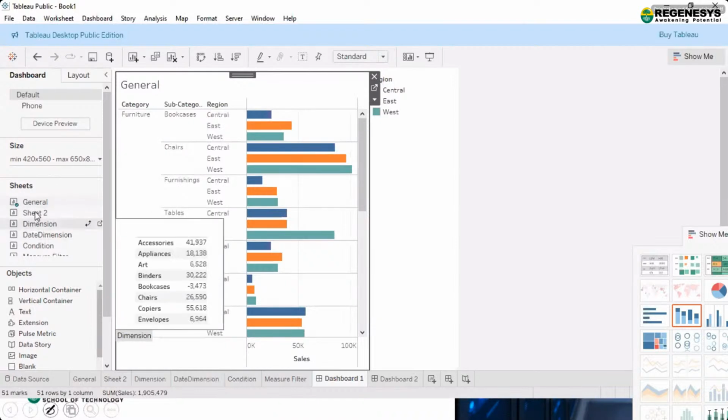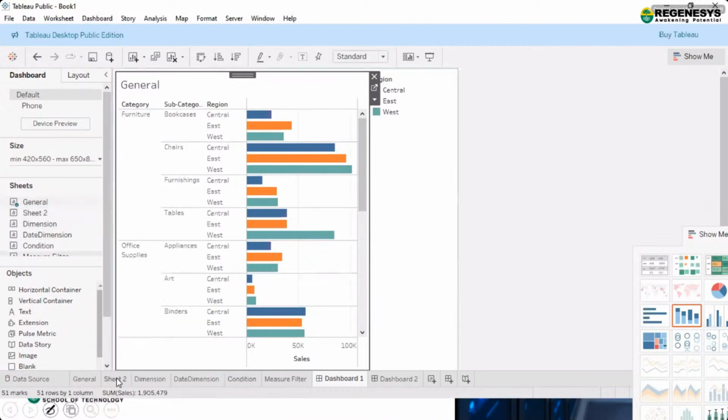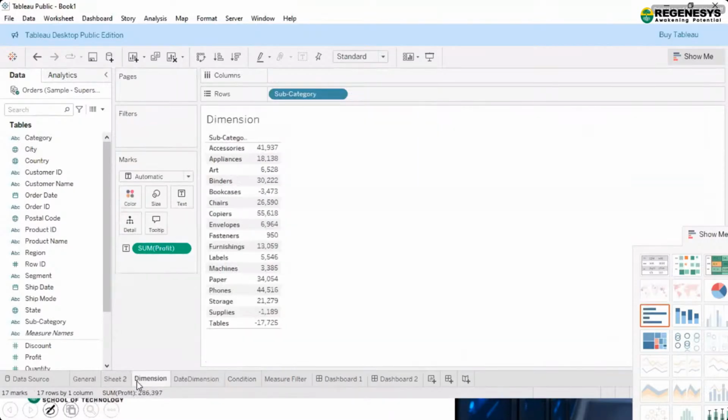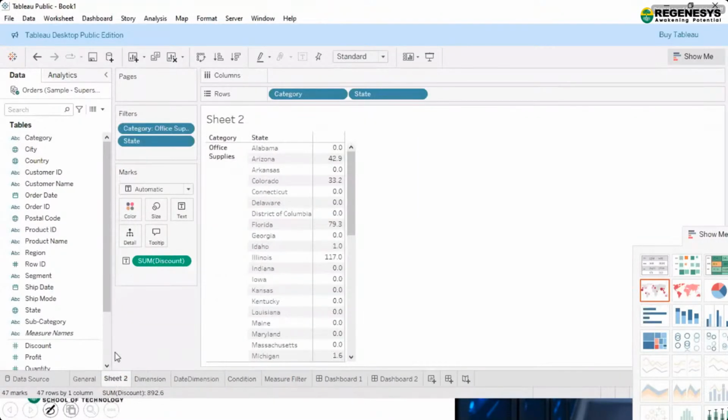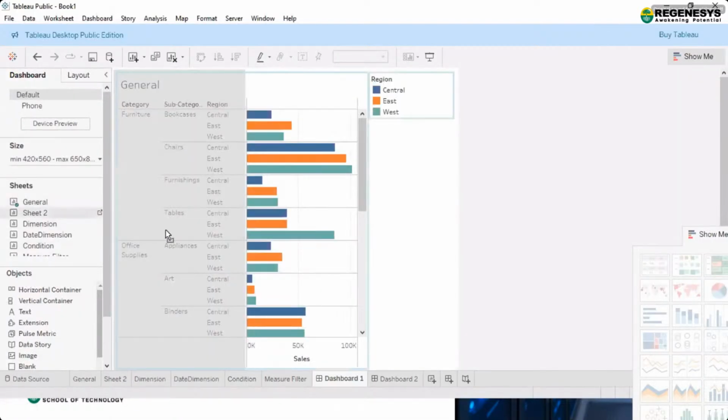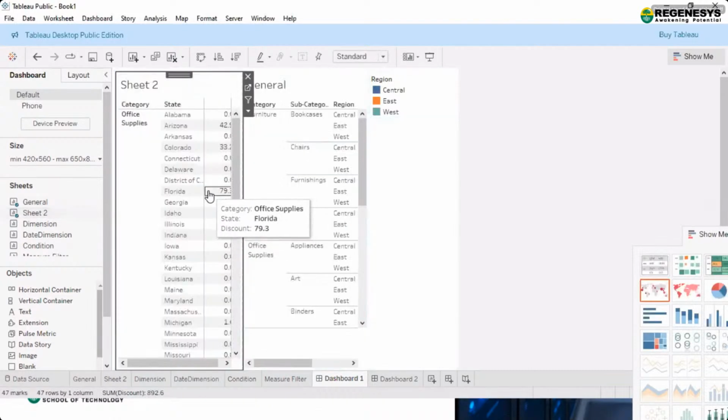Now again, let's say, for example, I have some data, so sheet 2. Now let's say I have to take this sheet 2 again. So now when I have two things, you can see the area is shadowed where I can put it. I have just dragged it. You can see I can put it here, here, this side, that side. So let's say I'm putting it on this side.